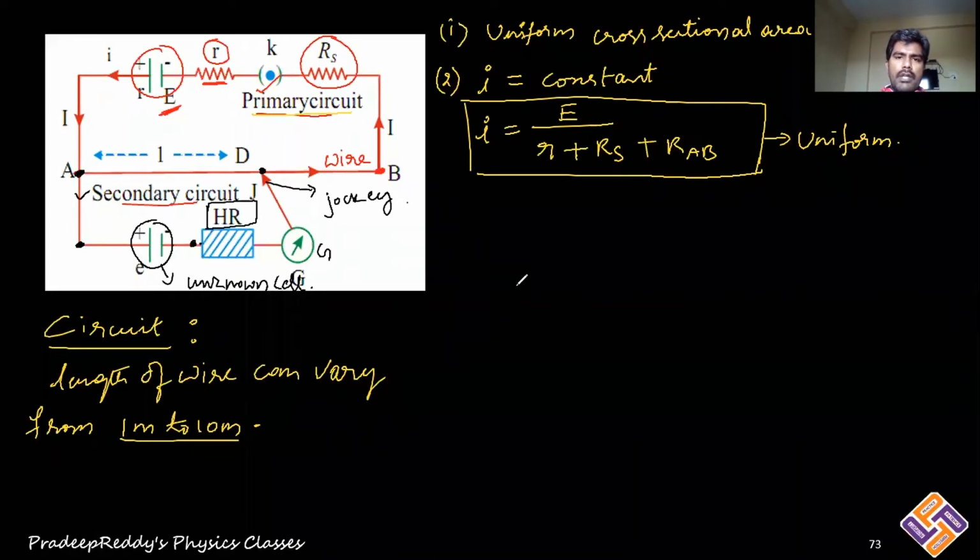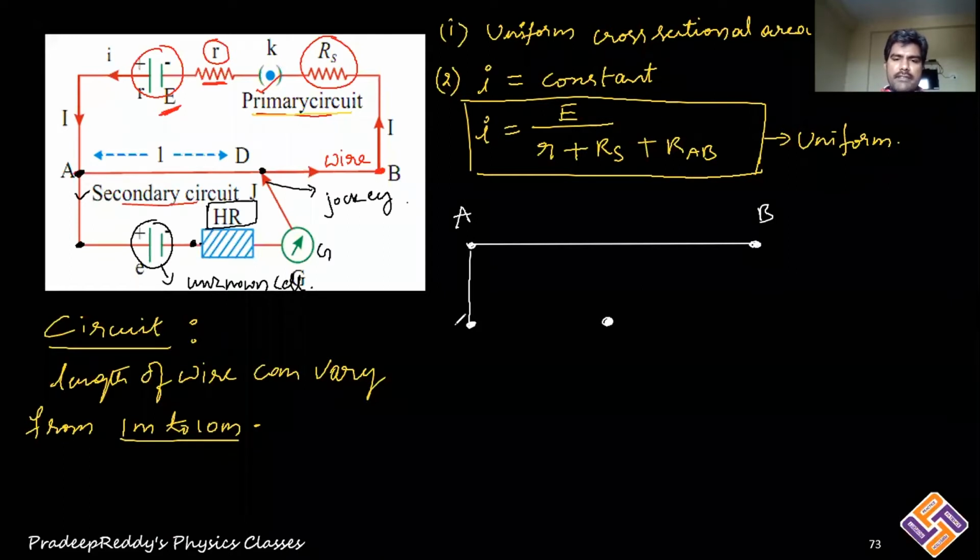Now when uniform current is flowing through this wire AB, you want to find out the unknown EMF of the cell which is being connected over here. You want to find out the unknown EMF of this cell. So what I do, the upper portion you just put aside, the bottom portion I will now draw here. Take this part AB, and this AB is a wire.